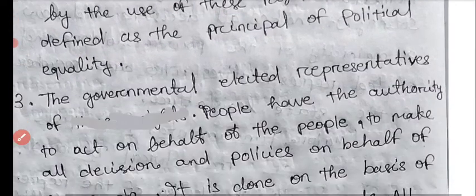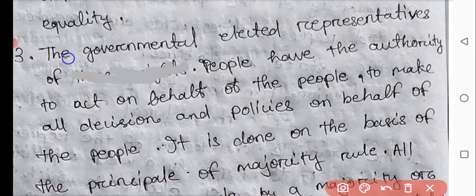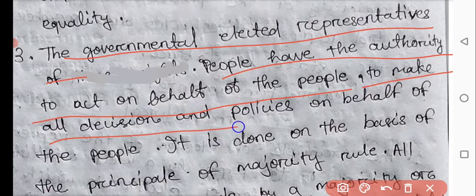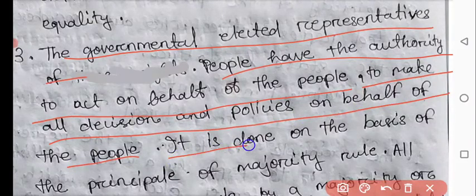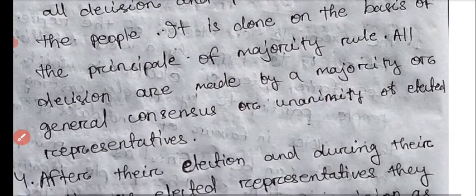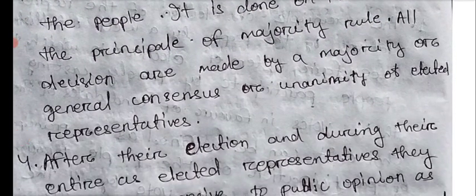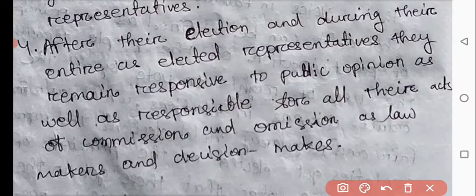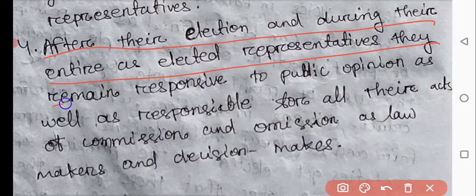The next principle is that the government of elected representatives of the people has the authority to act on behalf of the people, to make all decisions and policies on behalf of the people. It is done on the principle of majority rule. All decisions are made by a majority or unanimity of elected representatives. Next, after their election and during their entire tenure as elected representatives, they remain responsible